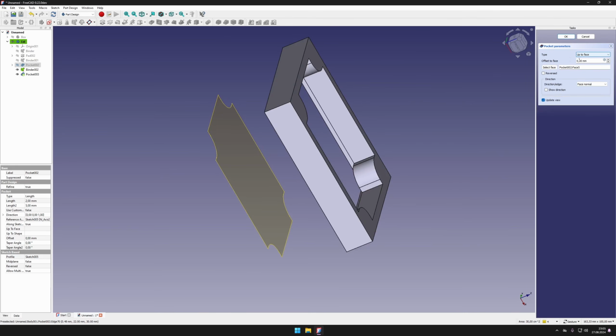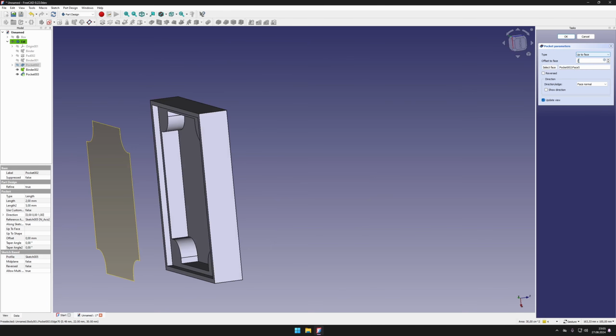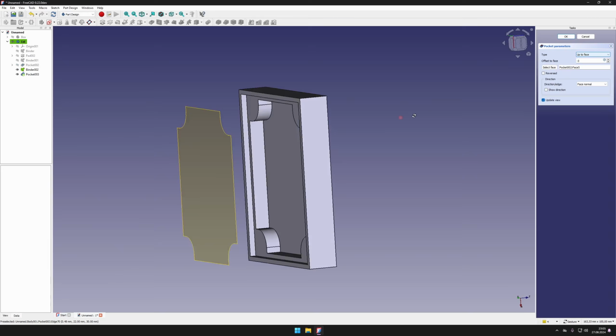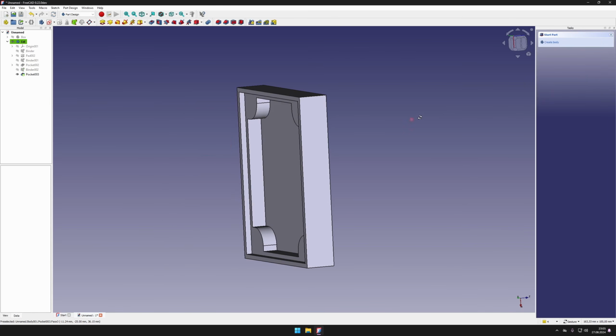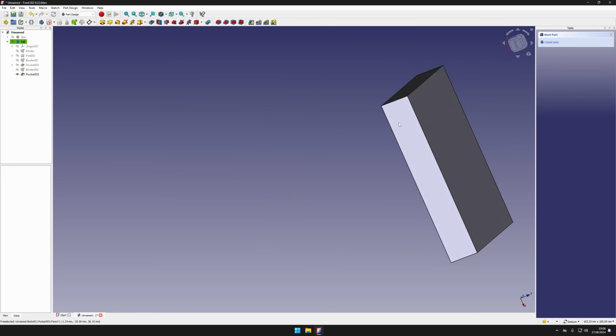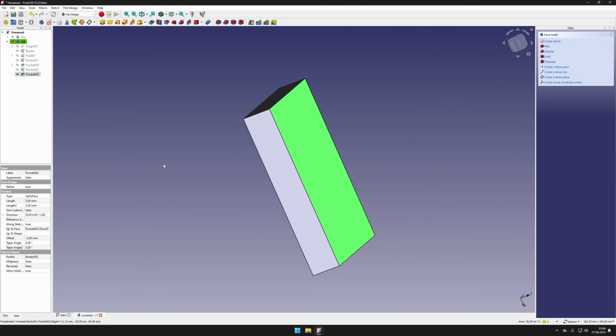And now we can set the offset of 2 millimeters. Minus 2 millimeters, and we will get, minus 3 millimeters, and we will get the same result we had in our Alibre. However, I wouldn't consider it a good practice to use subshape binders like that. But okay. Now, let's select the top face